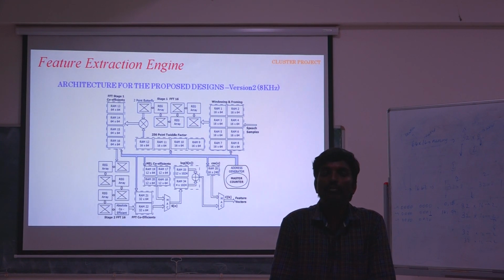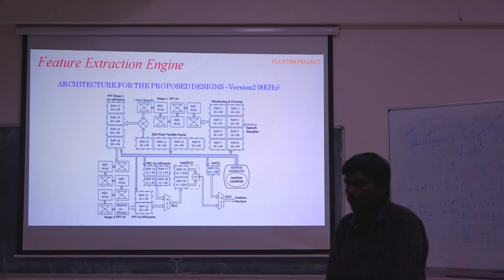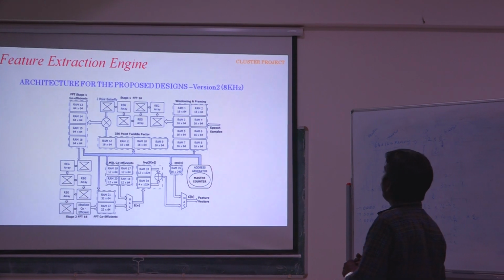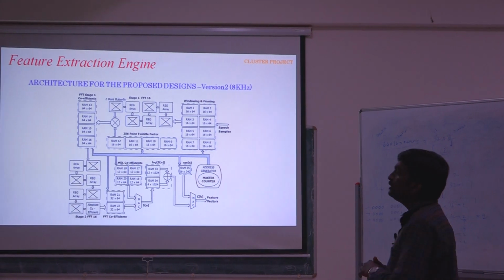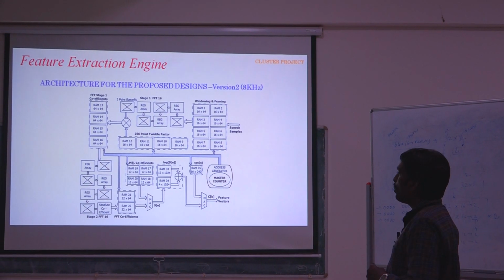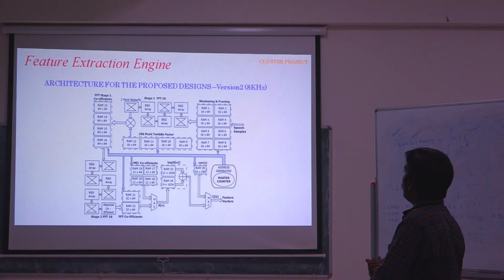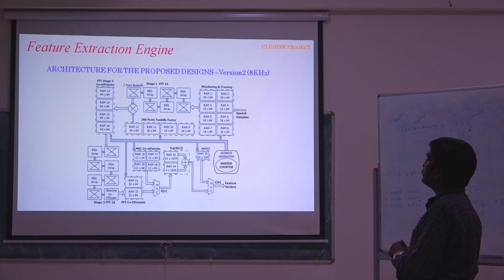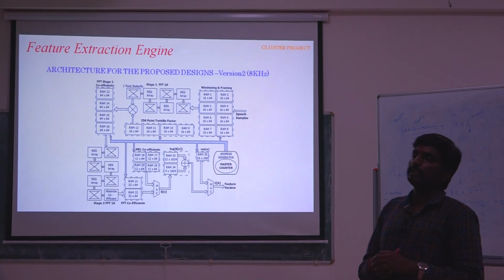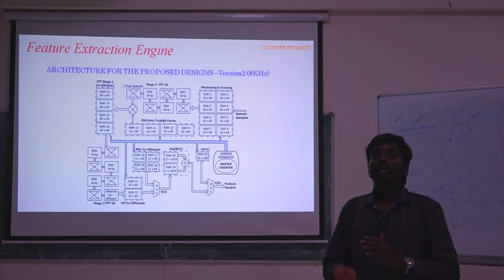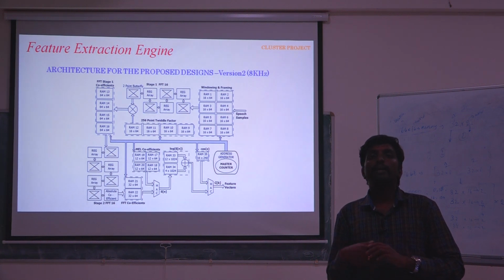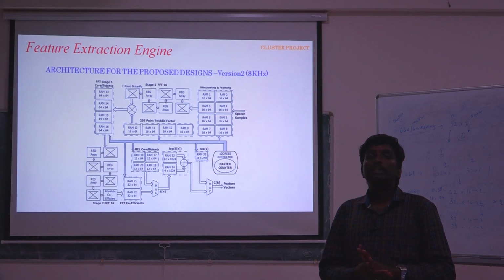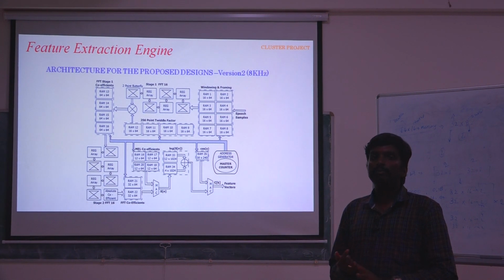So at last, the architecture for version 2, based on the previous discussion and the elements we have, is mentioned here. On the right-hand side, windowing and framing is receiving the speech samples from the ADC. We are showing only RAM 1 to RAM 8 of 16 x 64. Actually, the 16 x 64 has 32 x 8 RAMs inside it, constructed from the available 32 x 8 SCL tiles.